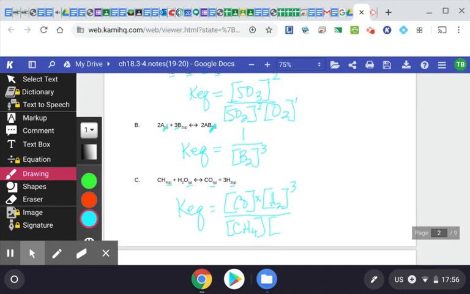Again, you don't have to write the 1. These are multiplied, so you want to either write the multiplier sign or not, but sometimes kids try to add these, so it's important that you know that they're multiplied. That's going to be times the concentration of water, and that will be to the first